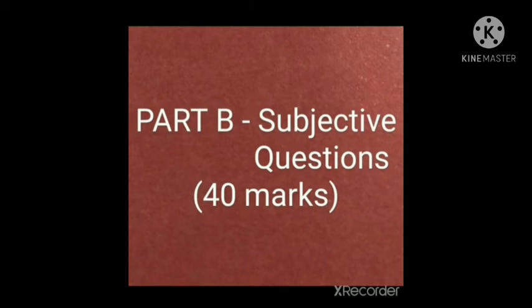So the main thing you should remember is the question paper is divided into 2 parts. They are part A and part B. Part A is for 40 marks and part B is also for 40 marks. So 40 plus 40, 80 marks. In part A, all questions are multiple choice questions, means you have to choose the answers from the given options. So total 40 marks questions are there in part A. But part B contains subjective questions of 40 marks. There you need to write, writing, answer the following, like that.